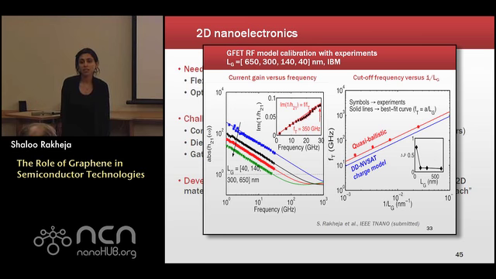Now, what really happens in these devices is that the contacts tend to dope graphene underneath the channel. So most of the time contacts will dope it either N-type or P-type, so that when you go into the channel, if the carriers change from N to P-type, there's an NP junction or a PN junction that gets formed. And that is different for electrons and different for holes. So if it's a PN junction, obviously, it's not a good thing. If it's a PP junction, it's a good thing. Or an NN junction, it's a good thing.